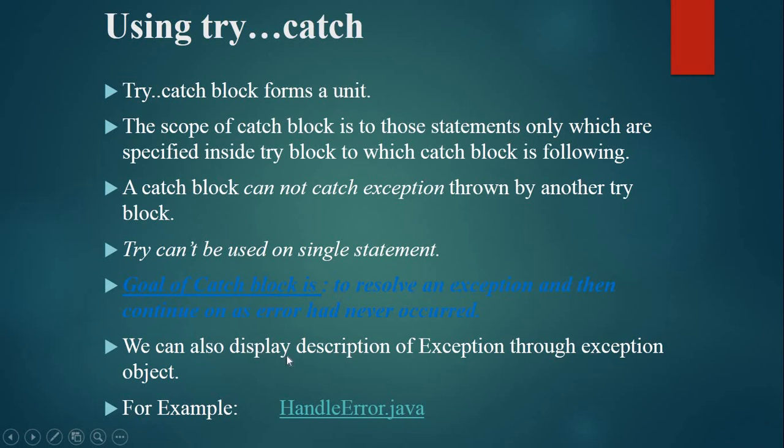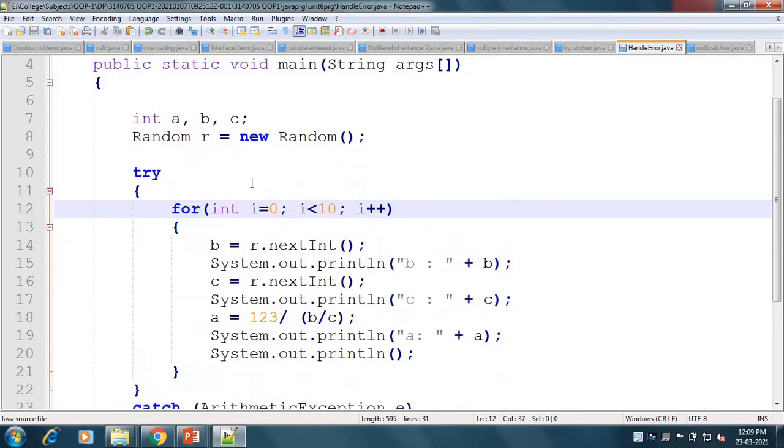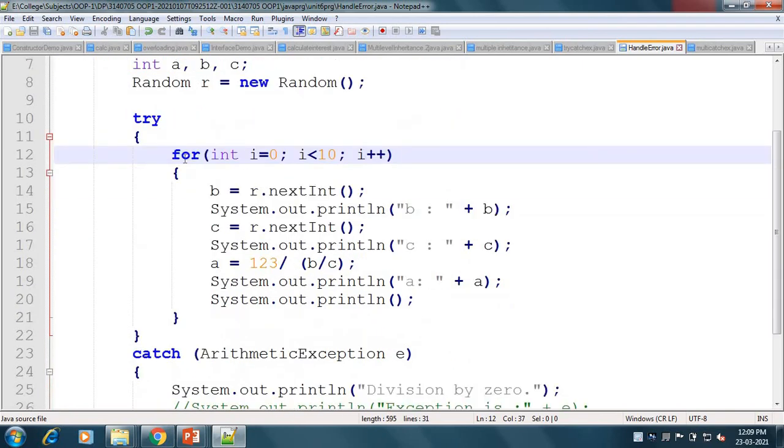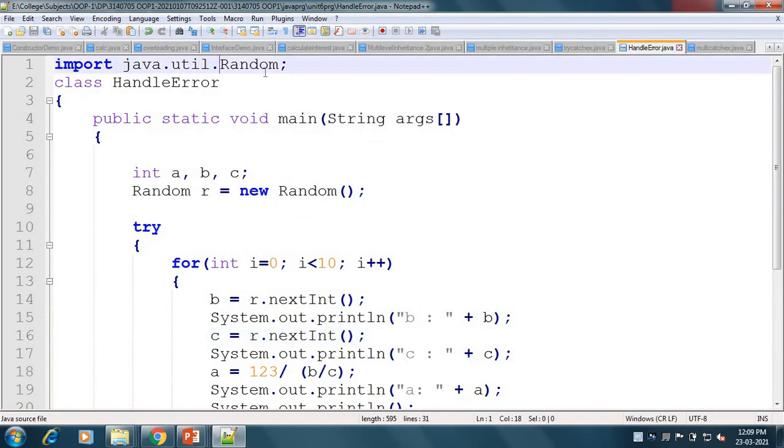We can also display the description of the exception through the exception object. How? We have our second class, HandleError. In it we have our for loop, i equal to 0 to i less than 10. We are getting values of b and c randomly with the Random class.